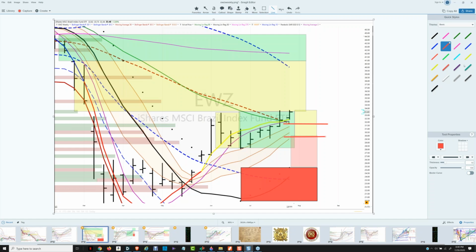And then, as you can see, getting long in here is certainly reasonable, because that's just breaking out. That's the entry to the new price level up here, and then here's the gap that it's got to fill. So it gets through between those two lines pretty quick. It should run to 35 pretty quickly if it can break out.